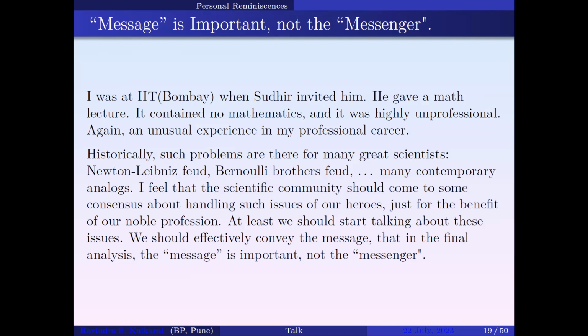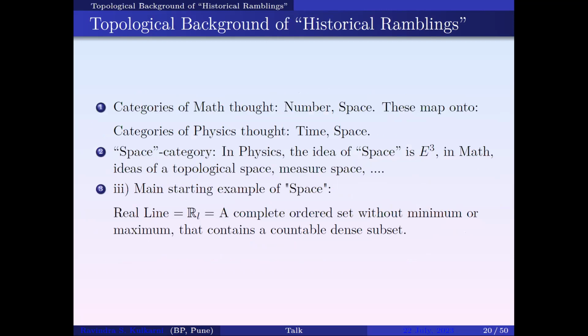Historically, such problems are there for many great scientists. We know the Newton and Leibniz feud, the Bernoulli brothers' feud, and so on. And there are also many contemporary analogs of this. I feel that the scientific community should come to some consensus about handling such issues of our heroes, just for the benefit of our noble profession. It's not good for mathematics to hear about such stories. At least we should start talking about these issues, and we should effectively convey the message that in the final analysis, the message is important, not the messengers. Okay, now after this long introduction, which I would not have given anywhere else,